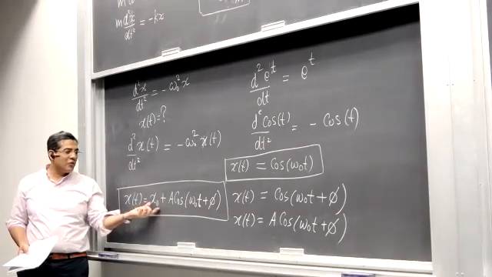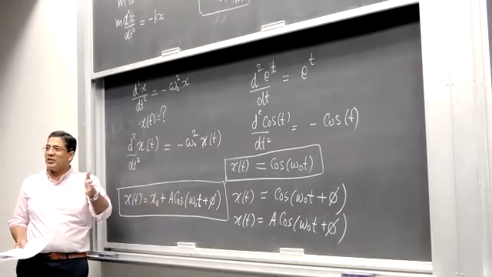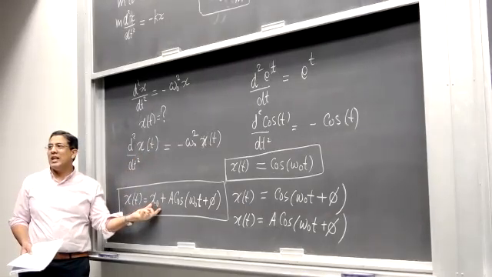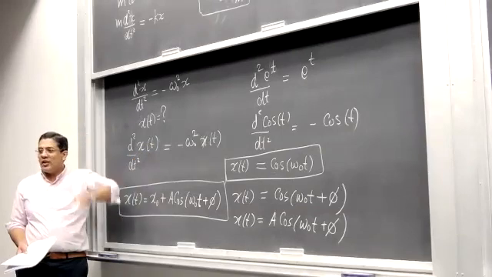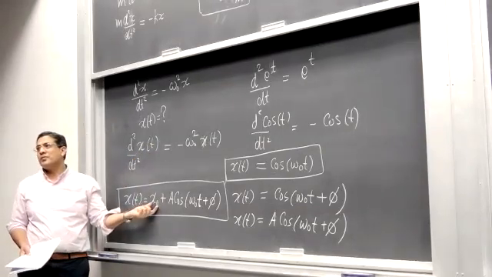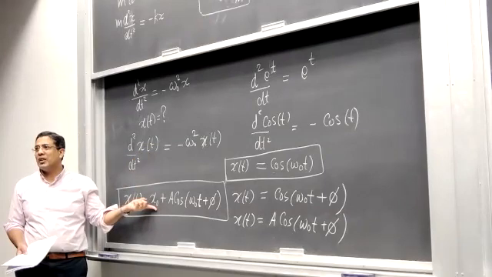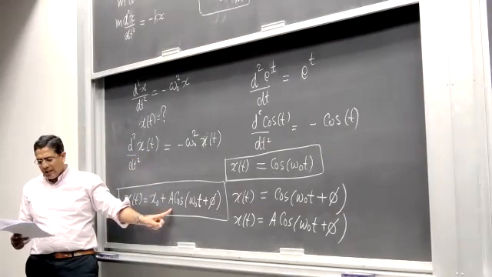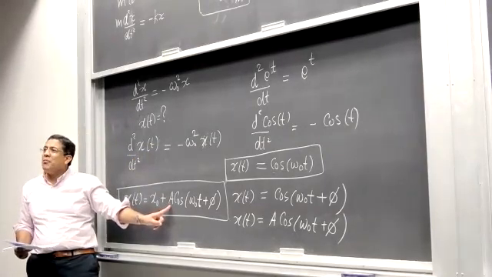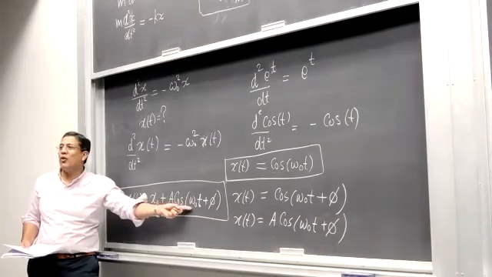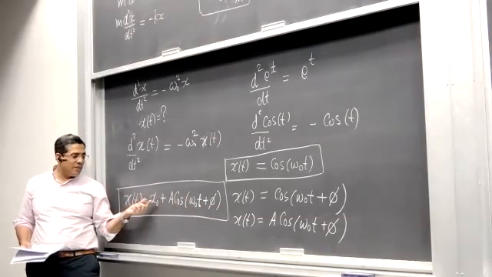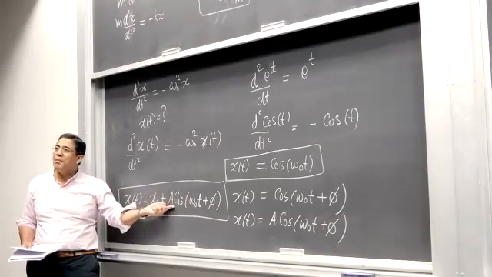For example, if you had a simple harmonic oscillator away from the origin, its equilibrium position would be x naught. And if its equilibrium position is on the origin, then x naught is 0. That is where x naught comes from in the equation. A is the amplitude of oscillation. This is how far you can go from the equilibrium position, on the right side first and then on the left side. So A is the amplitude here.